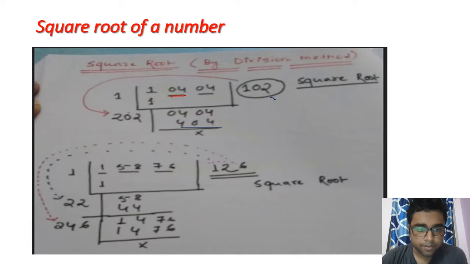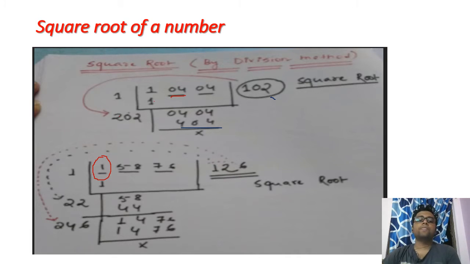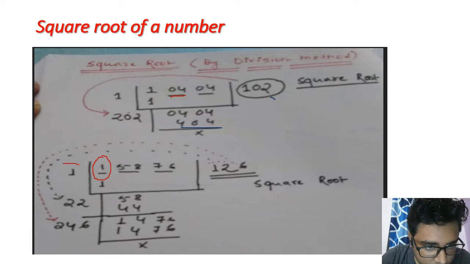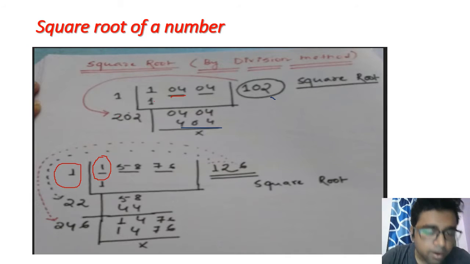Now the second step. Here the number is 1. We have to write down some number so that if we multiply that number with itself,